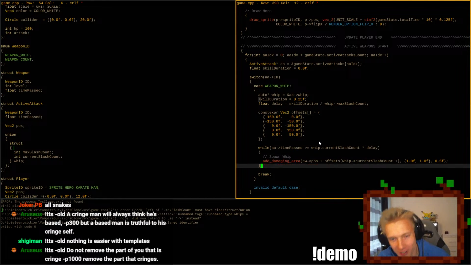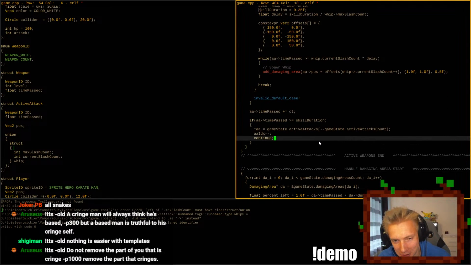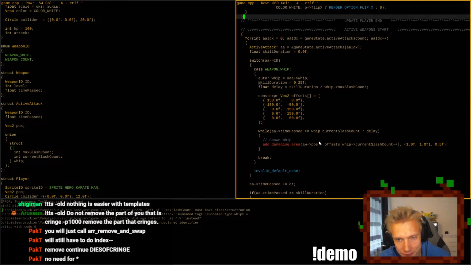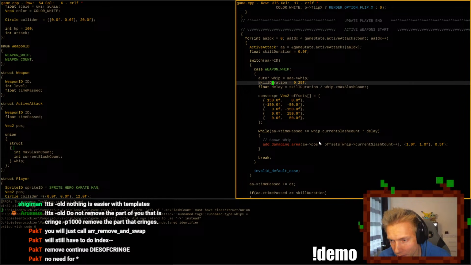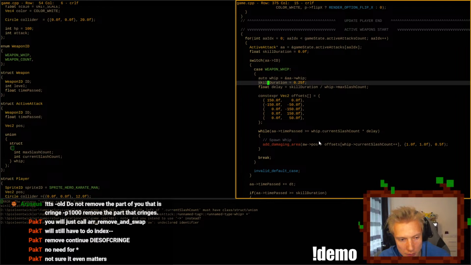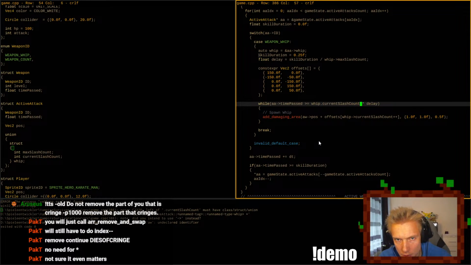Remove continue. Okay, I'll continue. I just want to make sure that this is the last thing. Building completed. Oh, okay. No need for that.